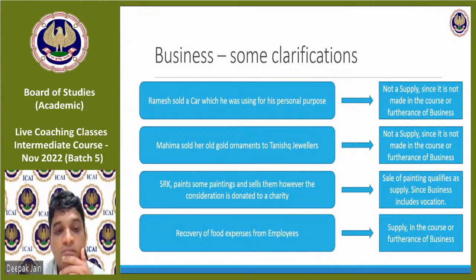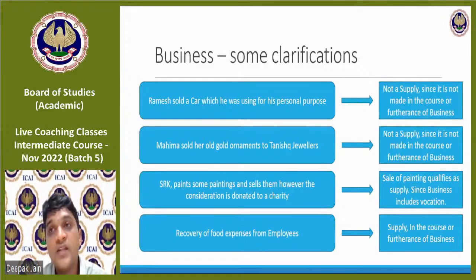Clear, Ramchandra? Free sample for publicity. If you're giving free sample for publicity, it means there is no consideration. On that GST will not apply. But when you come to input tax credit, you'll see कि आप free में तो दे रहे हो, because the flow of GST कैसे होता है कि आप input लेते हो और output करते हो, इसके लिए आपको input मिलता है. लेकिन आप input भी लो और free supply करो तो फिर आपका input benefit भी मिलेगा. So in that case free supply पे आपको GST नहीं भरना है, लेकिन input credit जो है उसको reverse करना पड़ेगा. So you will have to reverse input tax credit in case of a free sample for publicity.